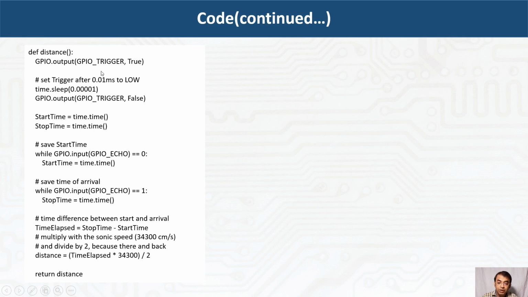Because trigger will generate the pulse and echo will receive the pulse. Then the trigger pin is set to true and then false, and then you have to receive the pulse. Because, guys, you can see the start time dot time function and stop time dot time function. Okay, so we calculate when the echo pin input is 0, start time equals start time dot time,